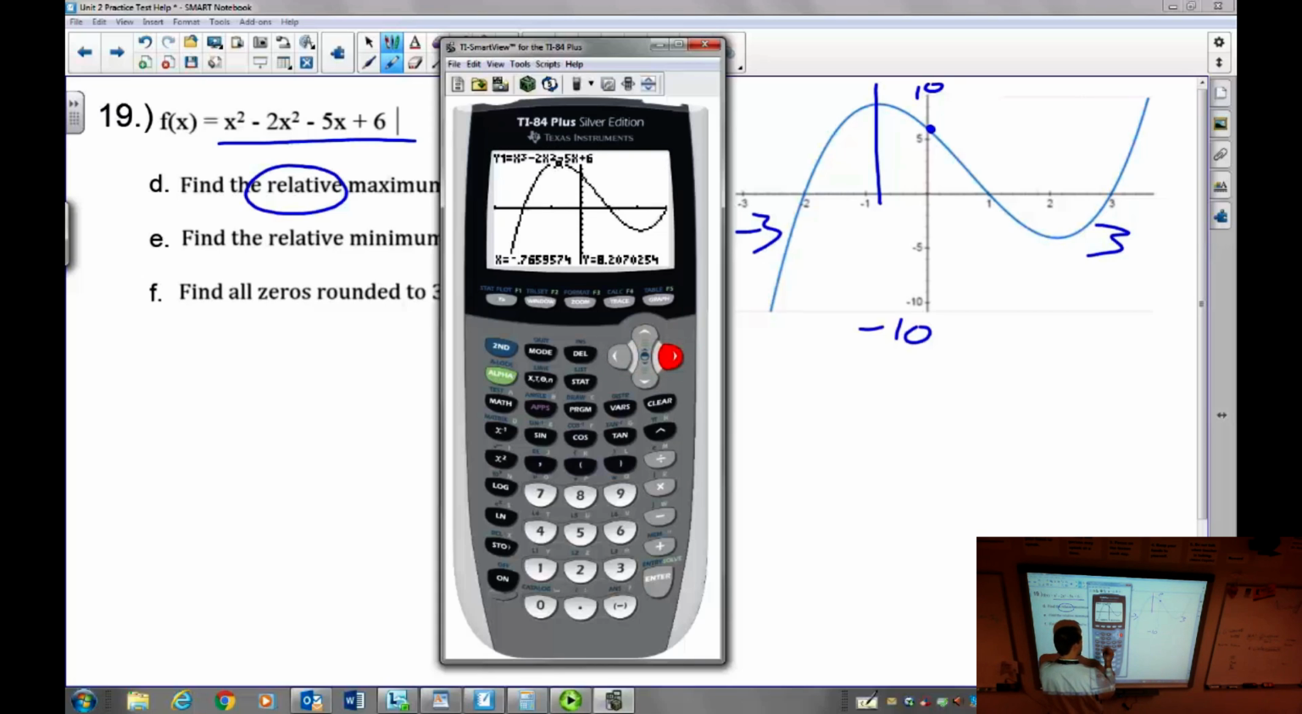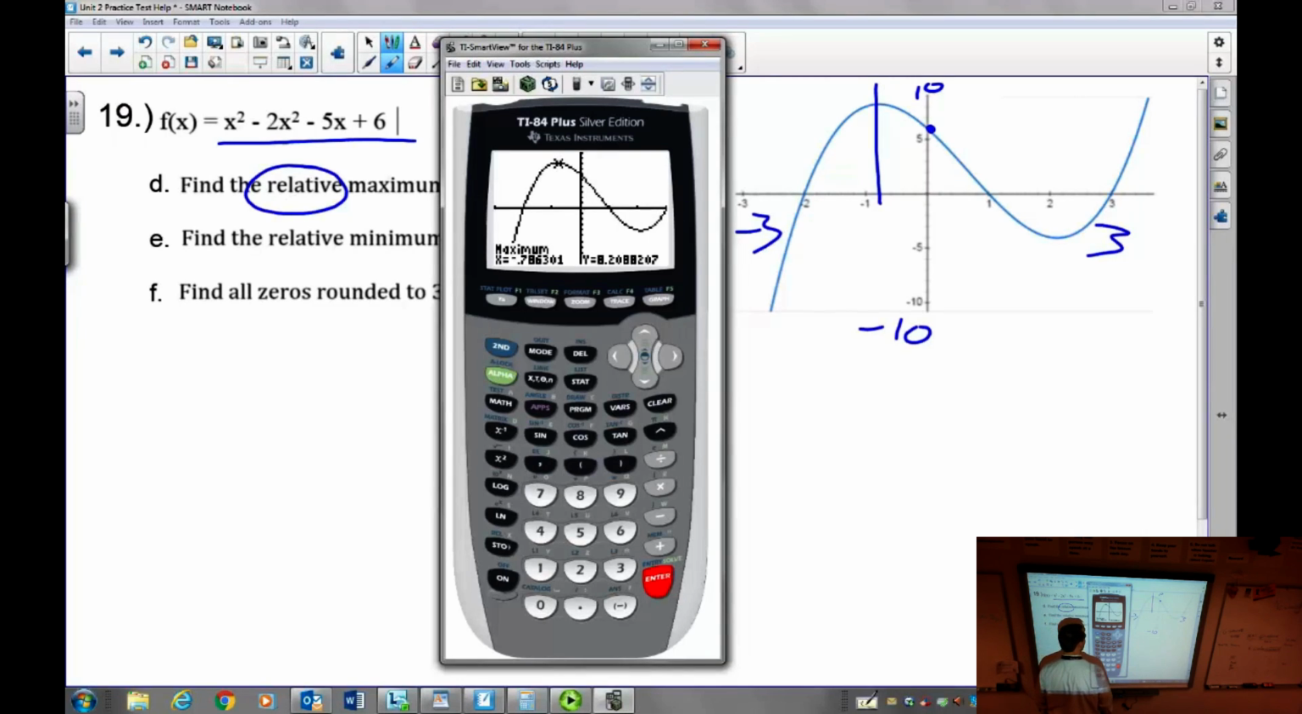But just to make sure, we're going to use our maximum function on the calculator. So second calc, maximum. It's asking for a left bound. So go a little bit to the left, push enter. Go a little bit to the right of the maximum, push enter. And then make a guess. It's asking for a third point. So guess right about there. Okay, so our maximum is